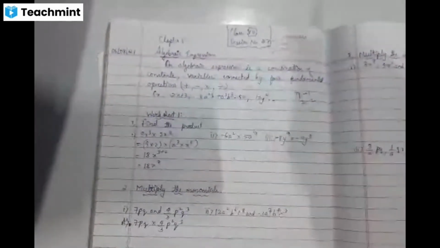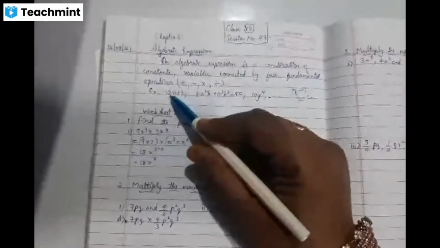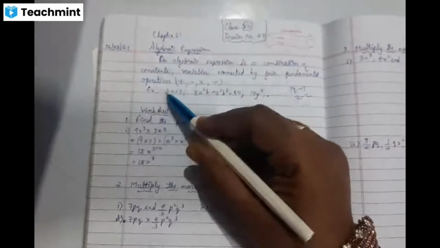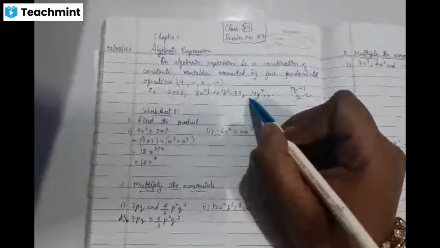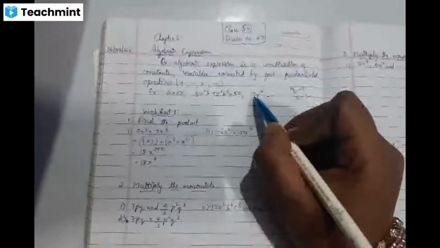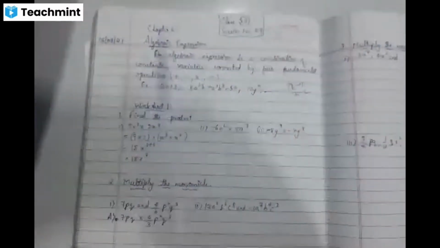Here, in the example, observe which is the constant here. 2x plus 3. 2 is constant, 3 is constant. Here, and one more example is given. 10y to the power of 4. 10 is called as the constant, children, because it does not change its value. And what are variables, children? Variables are those which always they are changing their values. Isn't it?